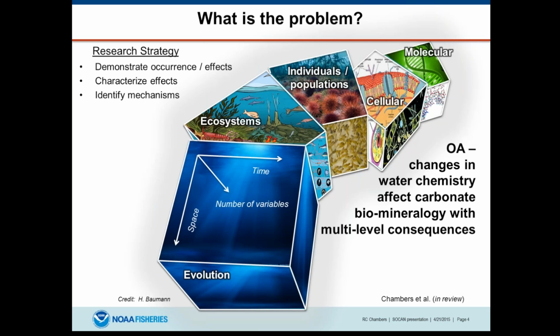Beyond the identification of the mechanisms, and this is important, is how do we go about determining the consequences of these effects? How does it affect the life history, ecology, population dynamics, or the ecosystems that these animals live within? And lastly, to try to tie this all together, it's important to have a handle to allow us to at least estimate the likelihood of these occurrences and effects taking place. So again, I think this slide summarizes a wide range of opportunities and challenges that each of us can find ourselves within, and I want to stress